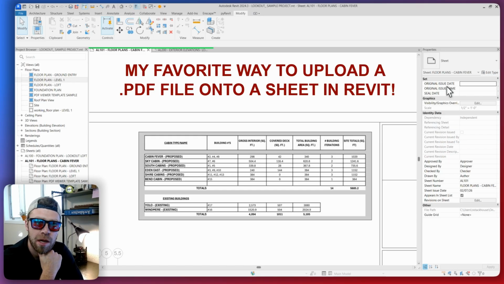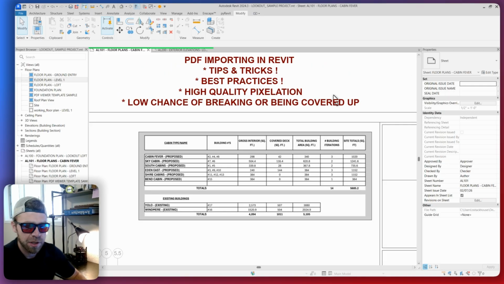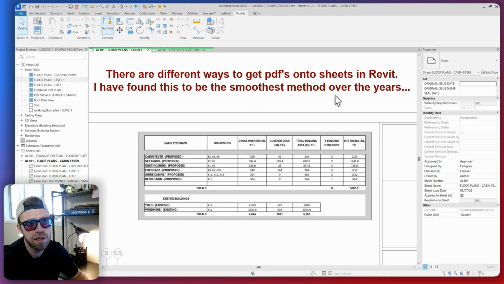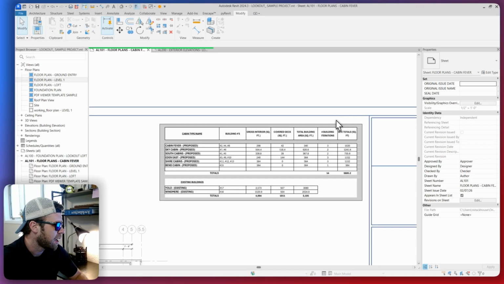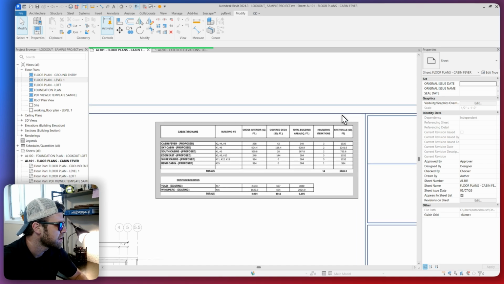More specifically Colorado, Utah. And today's little lesson here, we're going to do a PDF import lesson tutorial. So there are several ways to do this, but I want to show you my favorite way to get this done in terms of importing a PDF into Revit. The reason I usually import PDFs into Revit